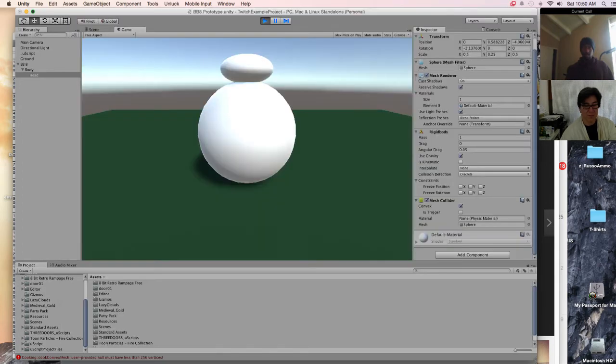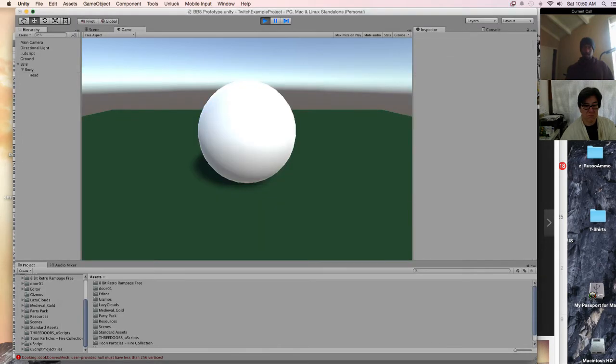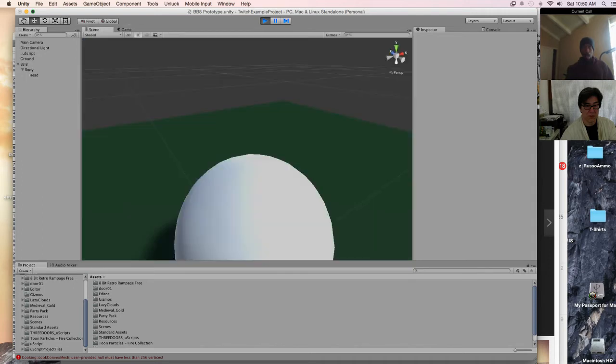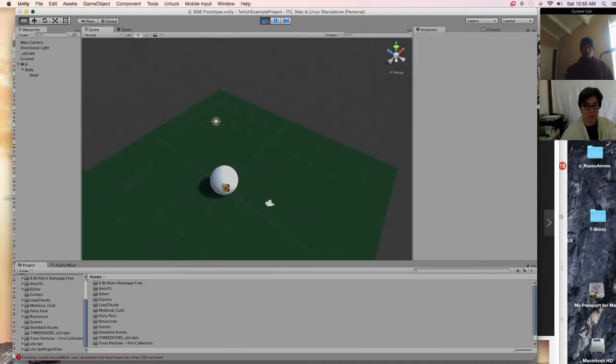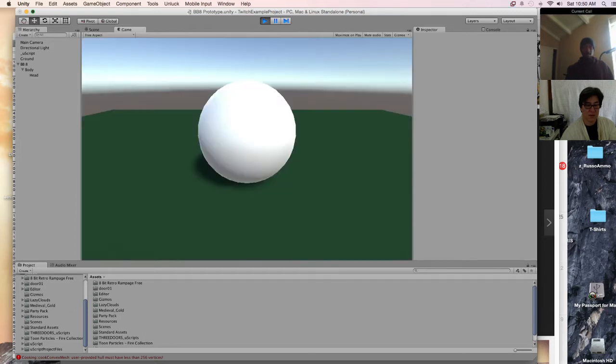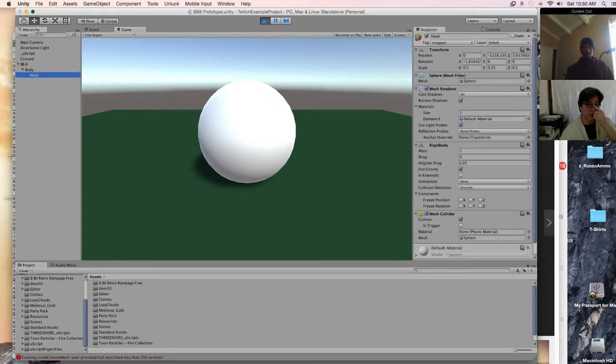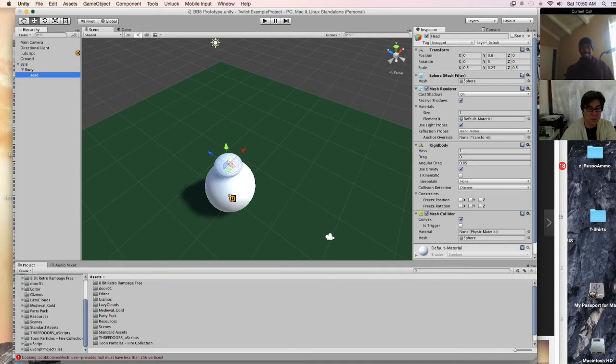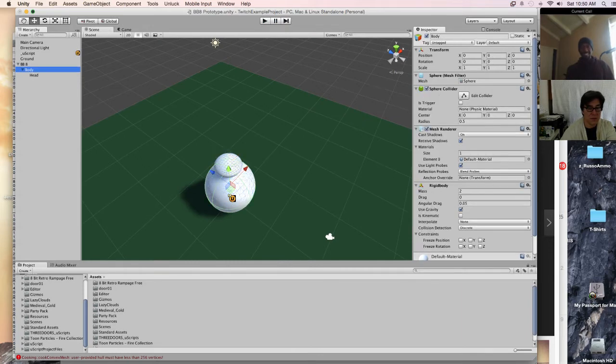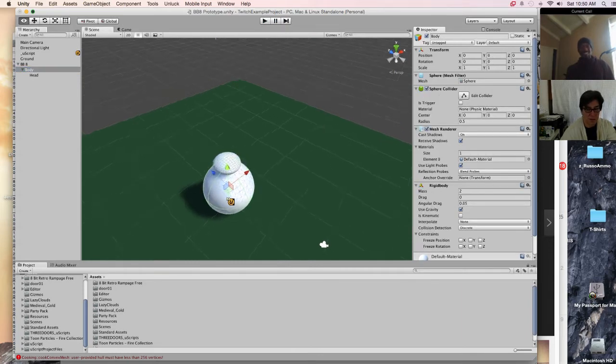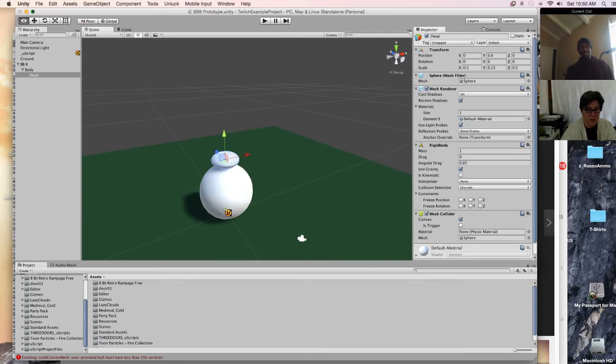Did the head pop up? Oh, it sure did, but where did it go? Ooh. I think we launched it. Yeah, wow. I think we launched it into space. Because it started out colliding, right? Oh yeah, there it goes. Oh, it's like way up there. Did it land? Oh, okay. No. Actually, it was negative. Right. Negative Y.